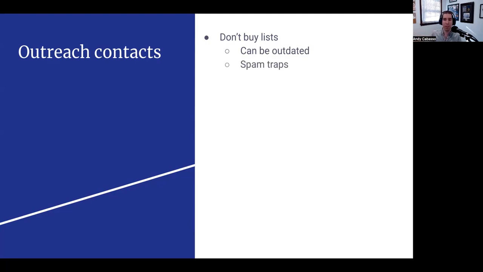One other reason not to buy lists is because of spam traps. Email service providers and block list providers know that people can buy lists. So they will sneak bad emails onto these lists that they know are going to get scraped and included in some people's outreach campaigns.